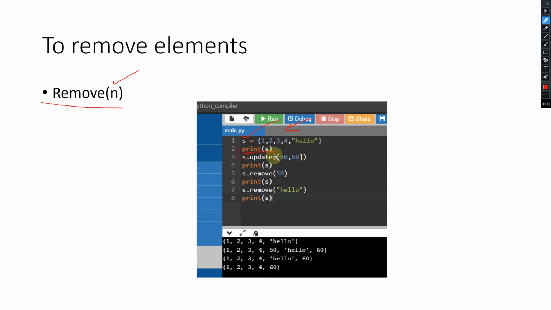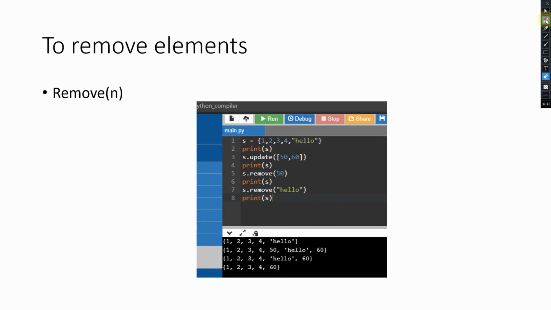So when I print s, 1 2 3 4, hello is printed. And when you store like this, hello will be stored as one part, right? It won't be separated into each character like H comma E comma L comma L comma O. So when you enter a string, it is stored the same way in the memory also.